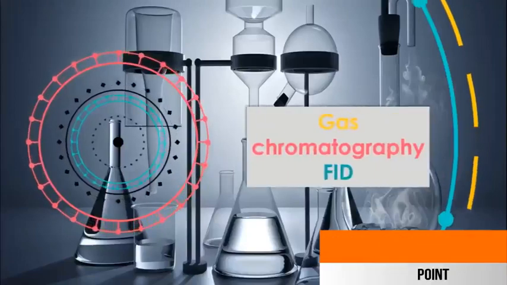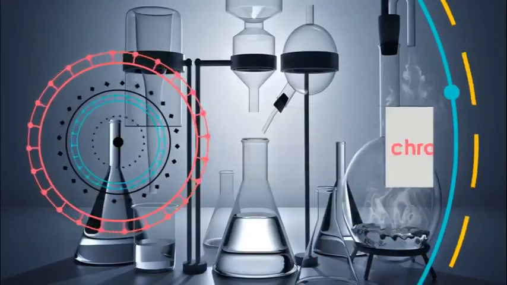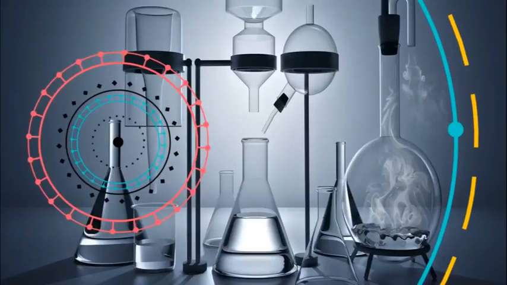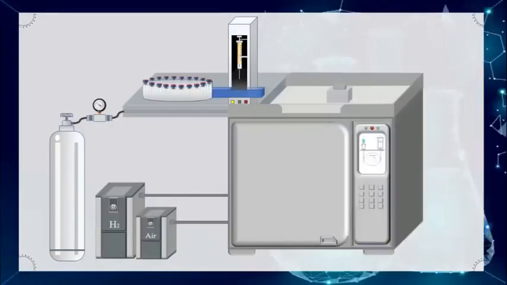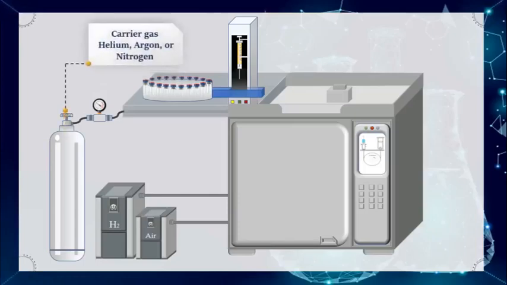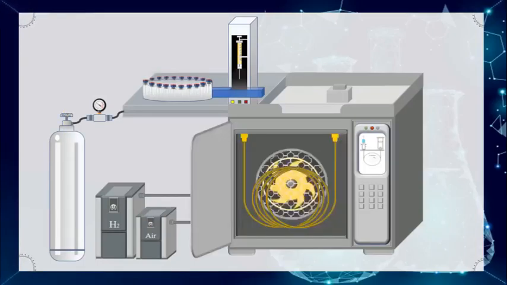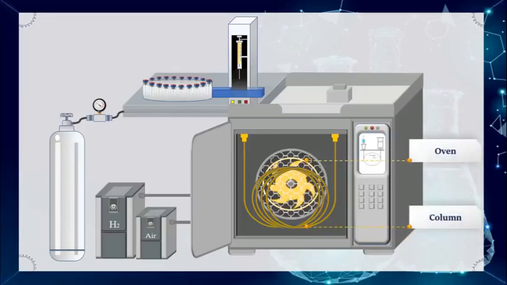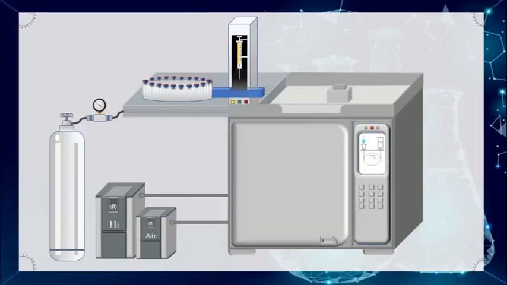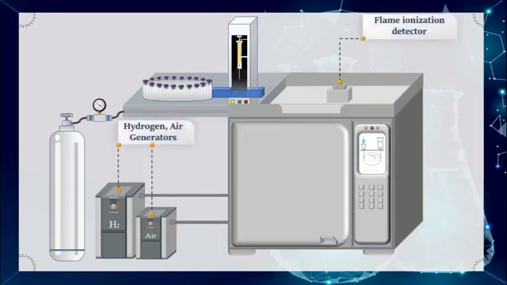Gas chromatography (GC) is a common type of chromatography used in analytical chemistry for separating and analyzing compounds that can be vaporized without decomposition. In gas chromatography, there is a mobile phase, which is a carrier gas such as helium, nitrogen, and argon. And there is a stationary phase, called a column, which is located in an oven where the temperature of the gas can be controlled. There is also a detector that measures analytes in a gas stream attached to the GC